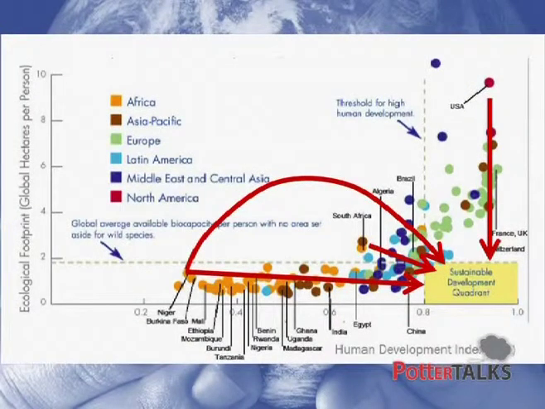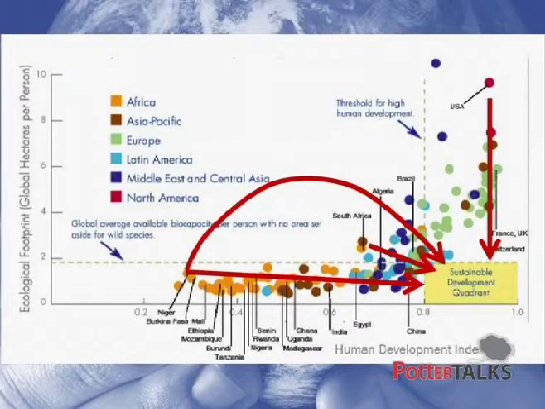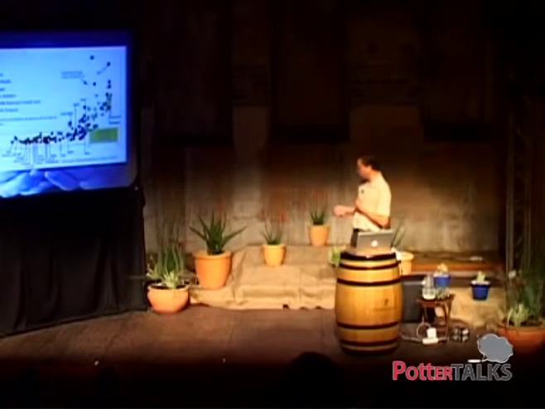So the challenge we have is essentially we have a finite ecological resource that the planet can use. Globally, using some estimates, we are using 1.5 planets at the moment in terms of the ability of the planet to renew in a sustainable manner that ecological footprint. This shows the national picture. And the challenge is to essentially get into this little, very small quadrant over here, which is a decent standard of living, an HDI of above 0.8, and an ecological footprint that essentially is within the capacity of the Earth to actually deliver it. So what does that mean?